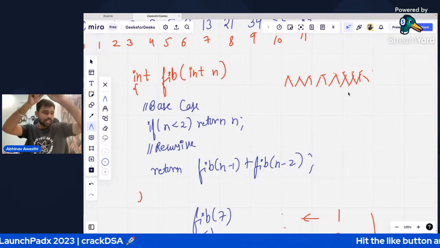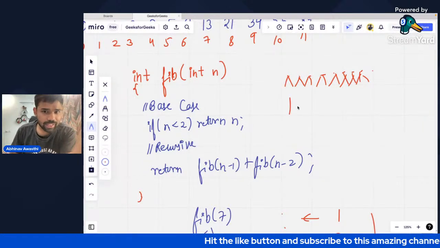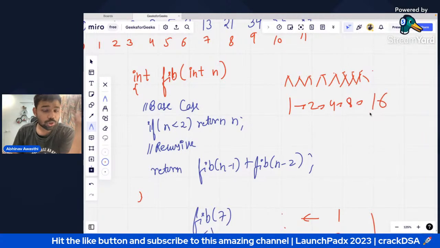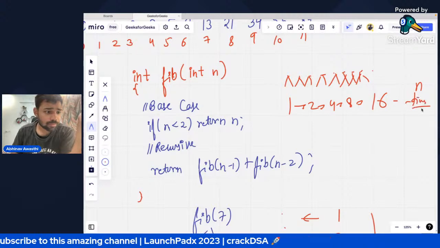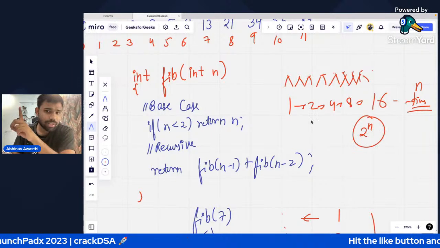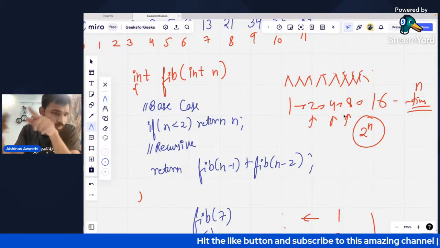First one call, one becomes two, two becomes four, four becomes eight, eight becomes 16. So if it goes n times, it means 2 to the power n. Got it? 2 to the power 1, 2 to the power 2, 2 to the power 3. Total operations 2 to the power n.